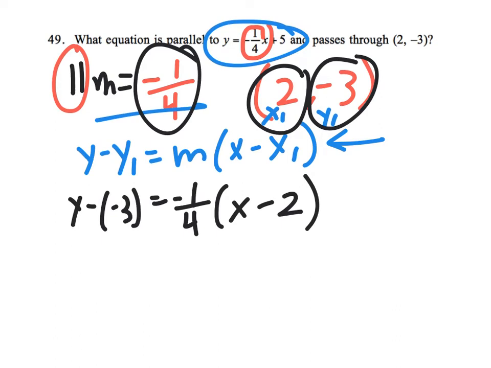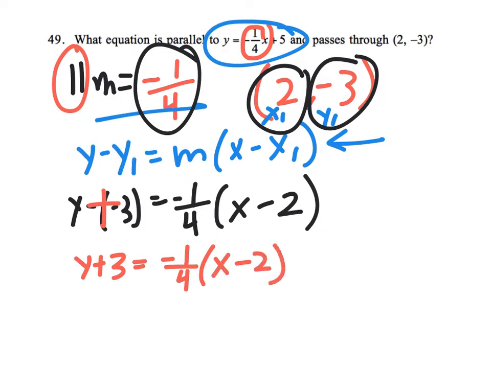And then we are going to distribute a couple of things. So we're going to simplify. If I have minus a negative, it's really plus. So right now I have y plus 3 equals negative 1/4 times x minus 2. We're going to go ahead and start by distributing. Actually, before we do that, if they want it in point slope form, this is your answer. And you're going to be done right here at this step. Everything in red, you're good to go. That's your answer. If they want it in slope intercept form, so maybe I just want to make a note, this is point slope,